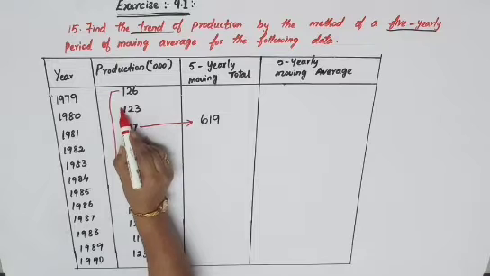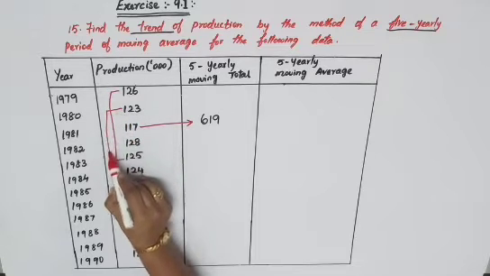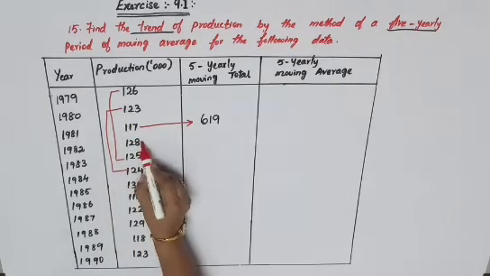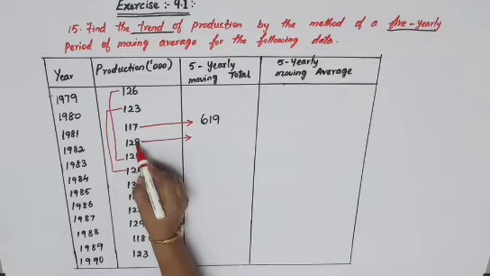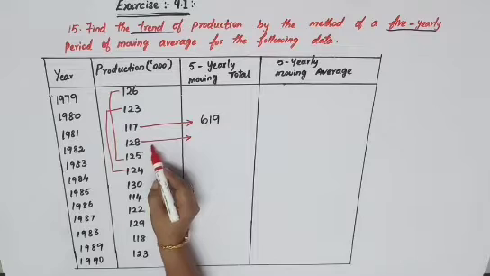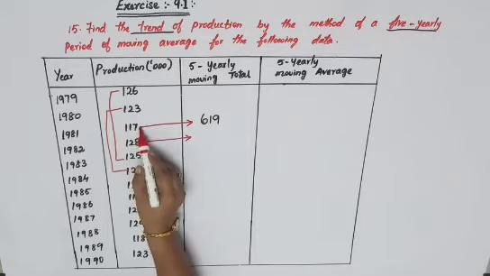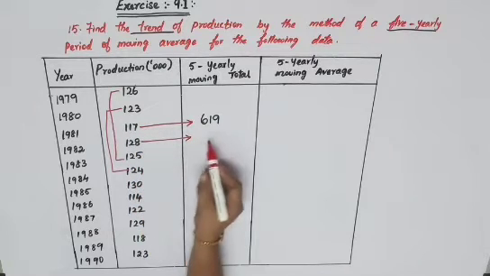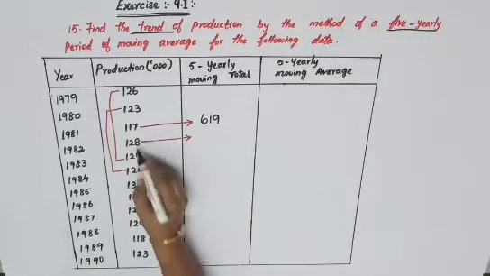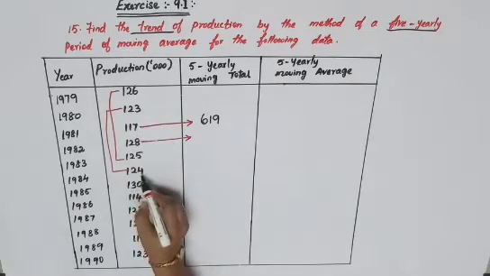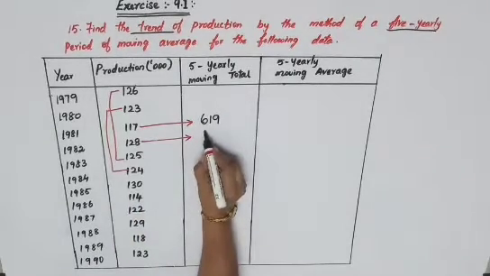The first number you will have to leave it. You will have to start from your second number to the next 5 numbers, and the middle of these 5 numbers is where you write the total. Next to the arrow mark where you started, straight to that you will have to write it. So adding all these 5 numbers, from 123 to this 124, you will get your answer 617.